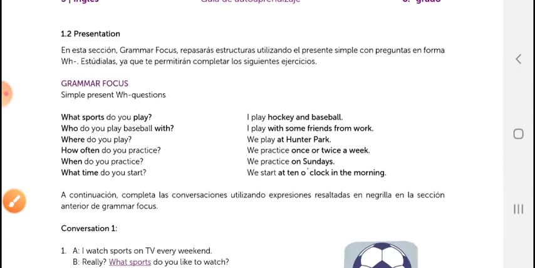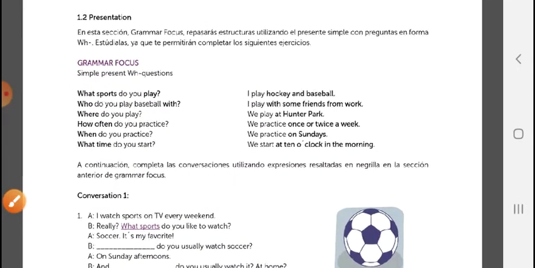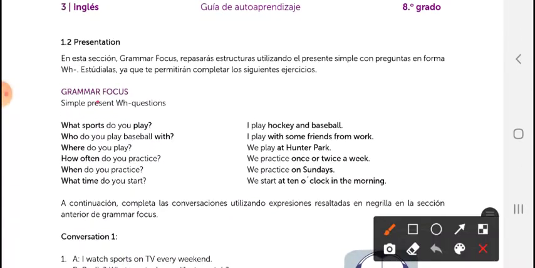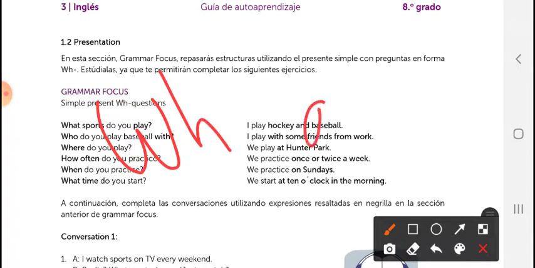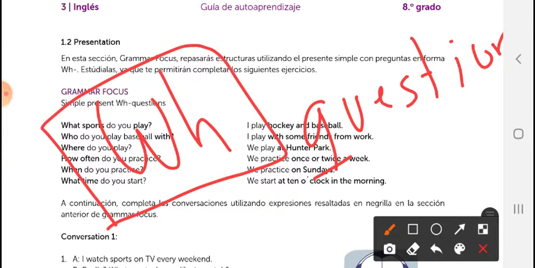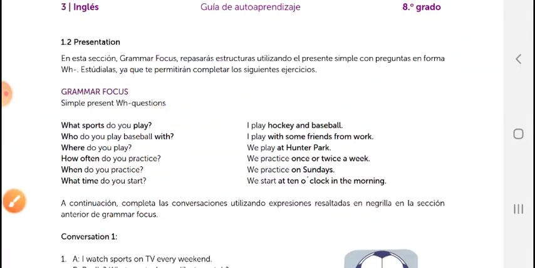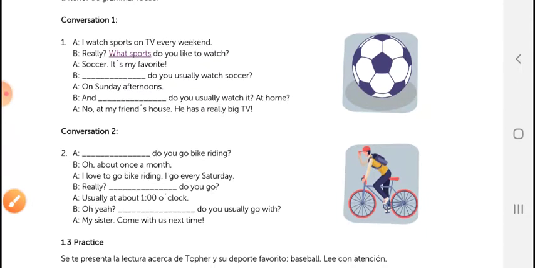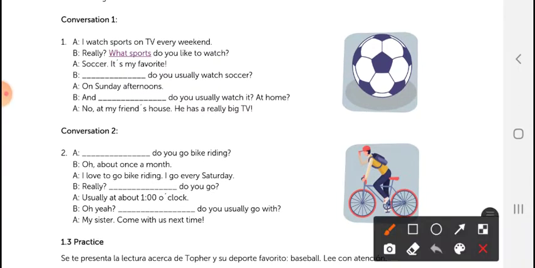After that, in the presentation part, tenemos grammar, okay? Vamos a aprender cómo responder WH questions. Se llaman WH questions because son preguntas que empiezan con una palabra que inicie con WH, okay? So WH questions. Besides that, vamos a tener aquí una conversation donde usted va a escribir esas words que empiezan